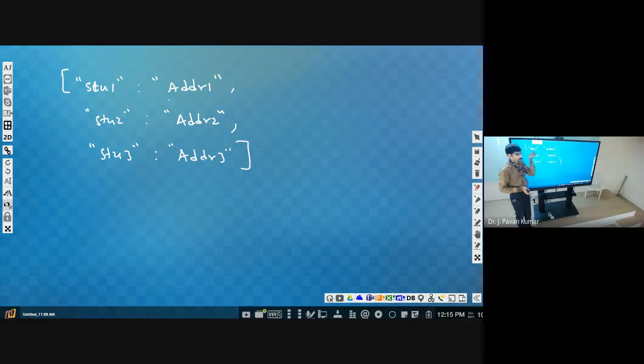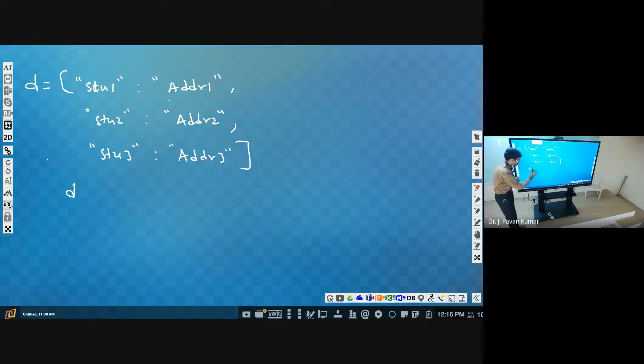And what is the key? Student name is the key. So now let us consider this as the dictionary. You consider this as D, D is equal to this one. Now we wanted to access the address of the first student. In general, how can we access? By using an index. But what is the index here?